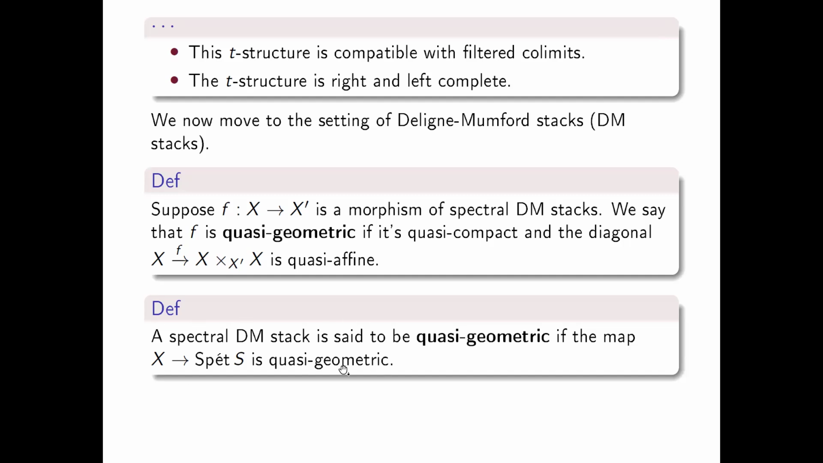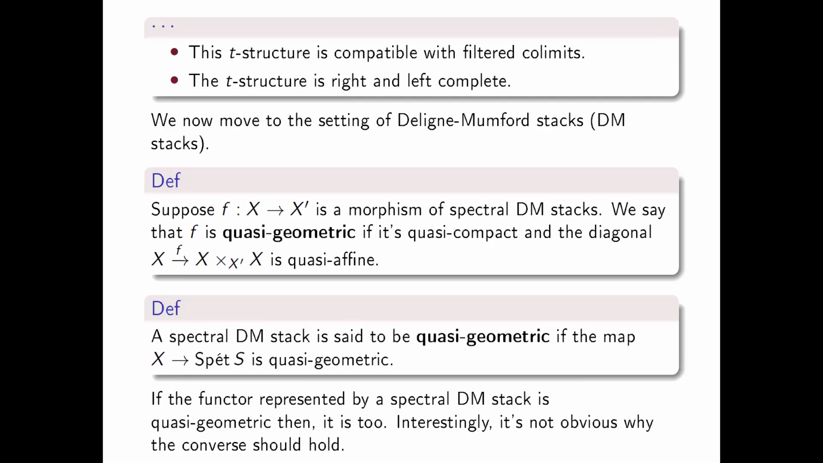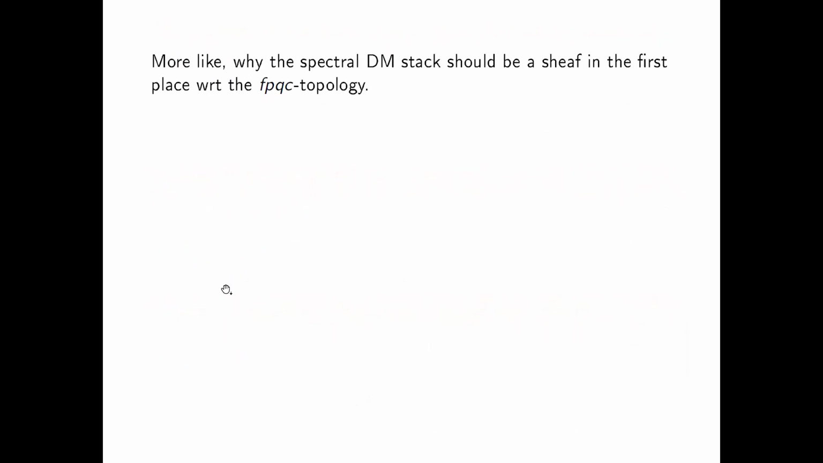A spectral Deligne-Mumford stack X is said to be quasi-geometric if the map X to Spec of the sphere spectrum is quasi-geometric. If the functor represented by a spectral Deligne-Mumford stack is quasi-geometric, then the stack is quasi-geometric too. Interestingly, it's not obvious why the converse should also hold, more like why the spectral Deligne-Mumford stack should be a sheaf in the first place with respect to the